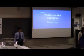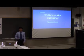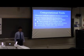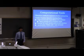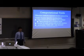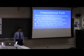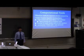So now I'd like to talk about my investigation into the PSM and the sulfonator. The PSM and the sulfonator are two computational tools for predicting tyrosine sulfation in proteins. We use computational tools to predict tyrosine sulfation because current detection methods like mass spectroscopy and labeling with radioactive sulfur